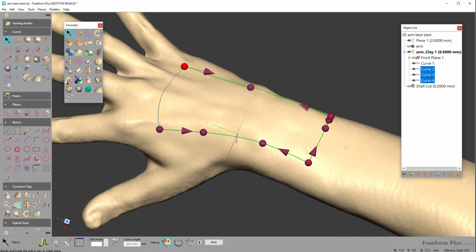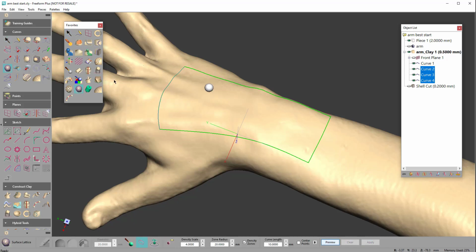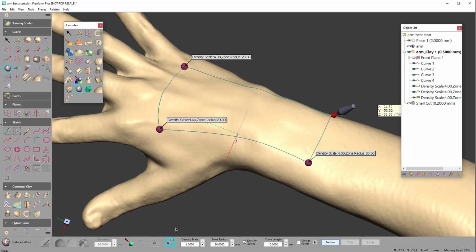All right, so now we'll come back in, and we will select with the boundary. And we'll come in and we will put, how about we put densities at the corners here? Density zones, and we will make them higher there. And we'll see where this goes here, where we do 10